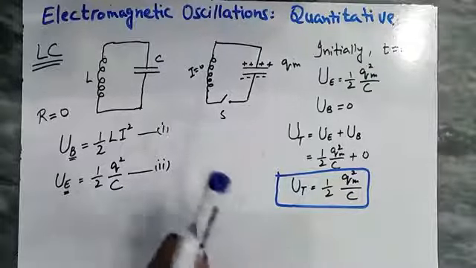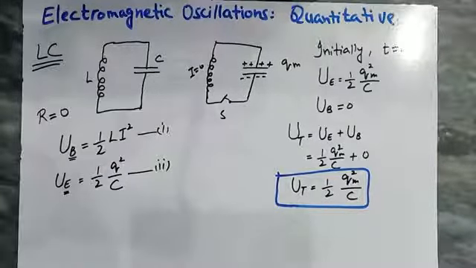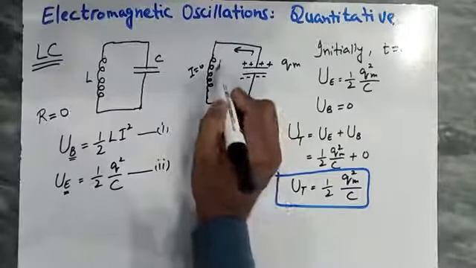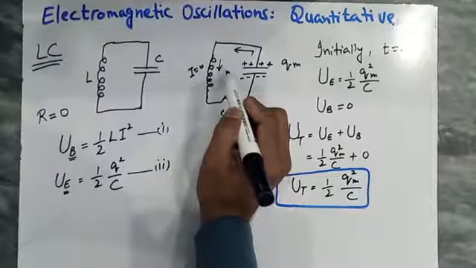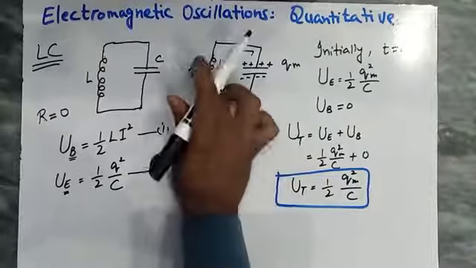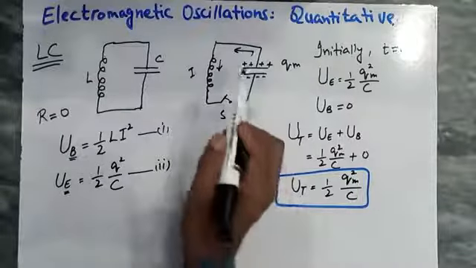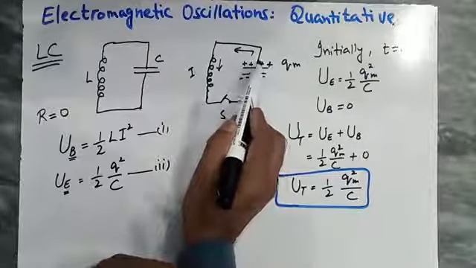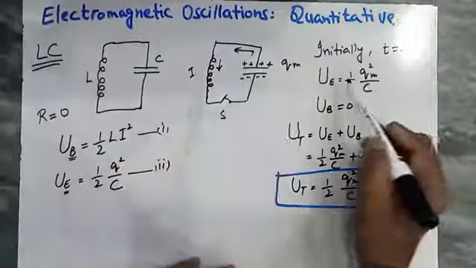Now as we close this switch, we see that current starts flowing in this circuit in anti-clockwise direction. This is conventional direction of current. Current flows from positive plate to negative plate. So when current flows through the inductor, we see that when charge starts flowing, the amount of charge on plates of capacitor decreases, so energy stored in